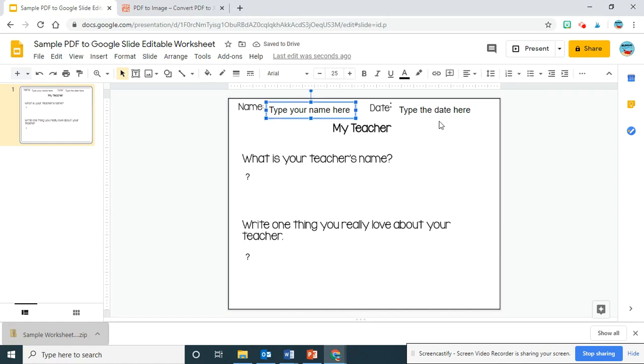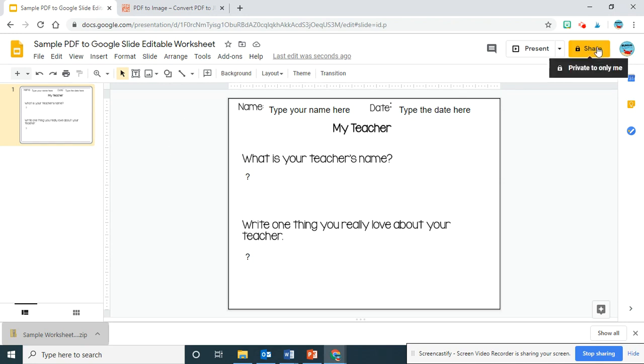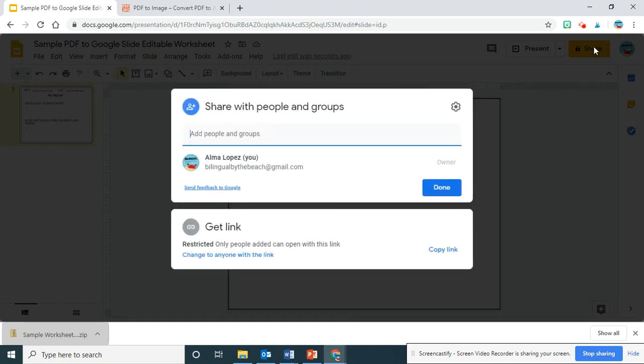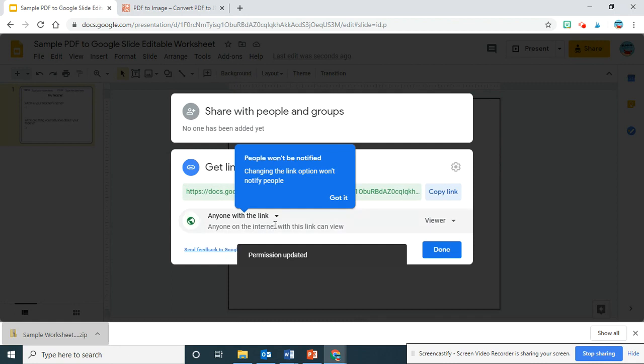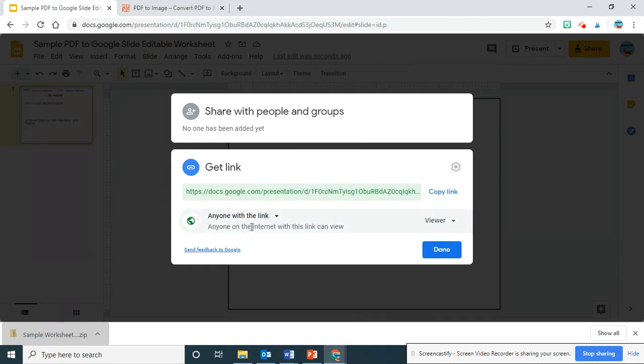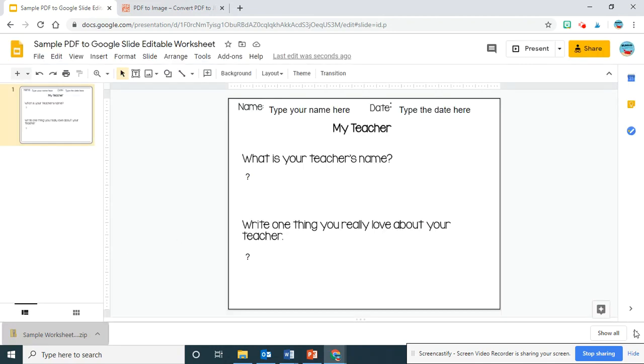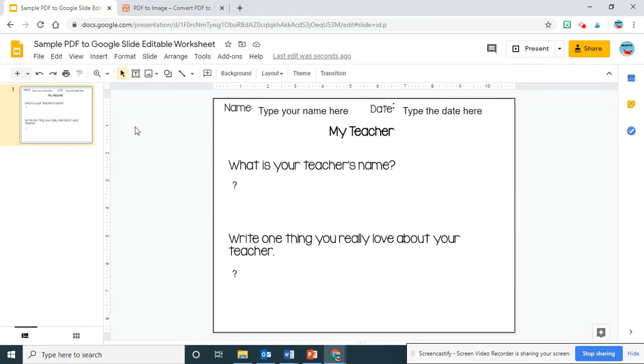So now it is editable for your kids to type, okay? So you have to make sure that you go to this share. It won't do it automatically. And make sure that you change this. And you have to click anyone with the link, okay? It has to be on anyone with the link for your students to be able to open it, okay? And then that's it. And then you hit done. And now you are able to embed this in your Canvas or wherever, and now it's editable,